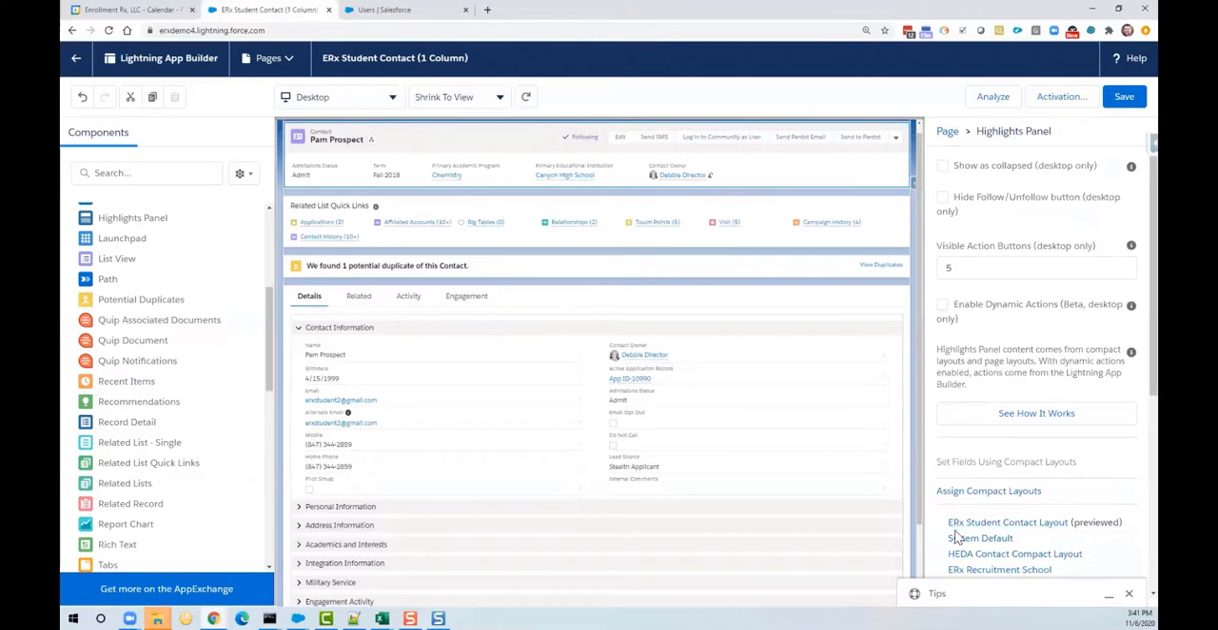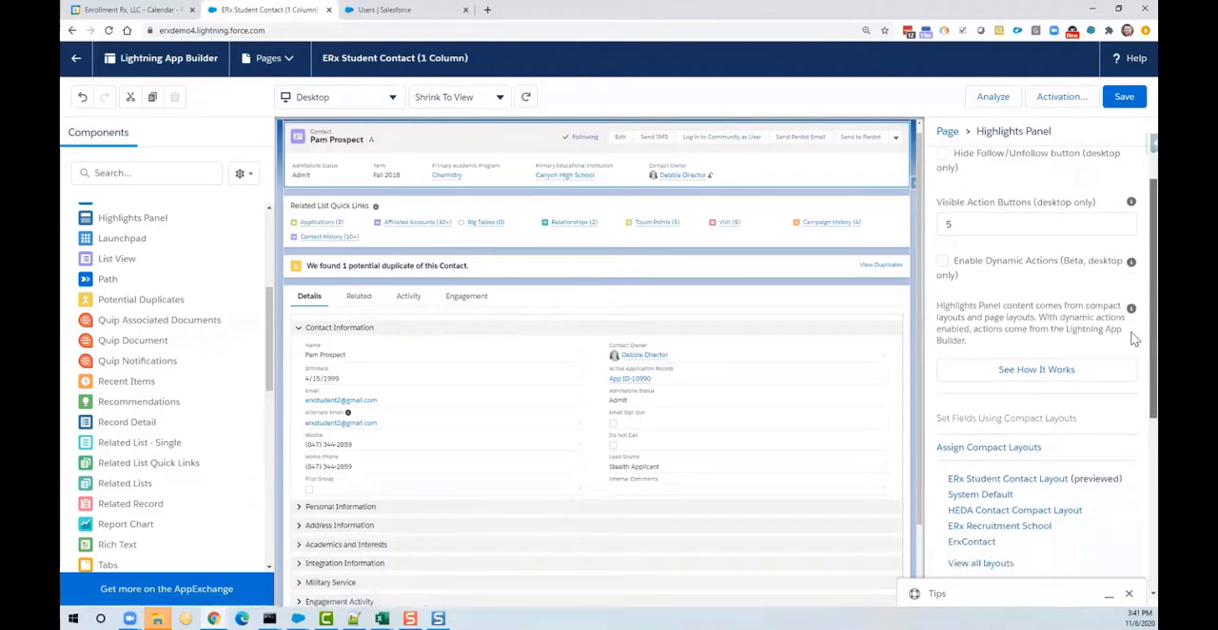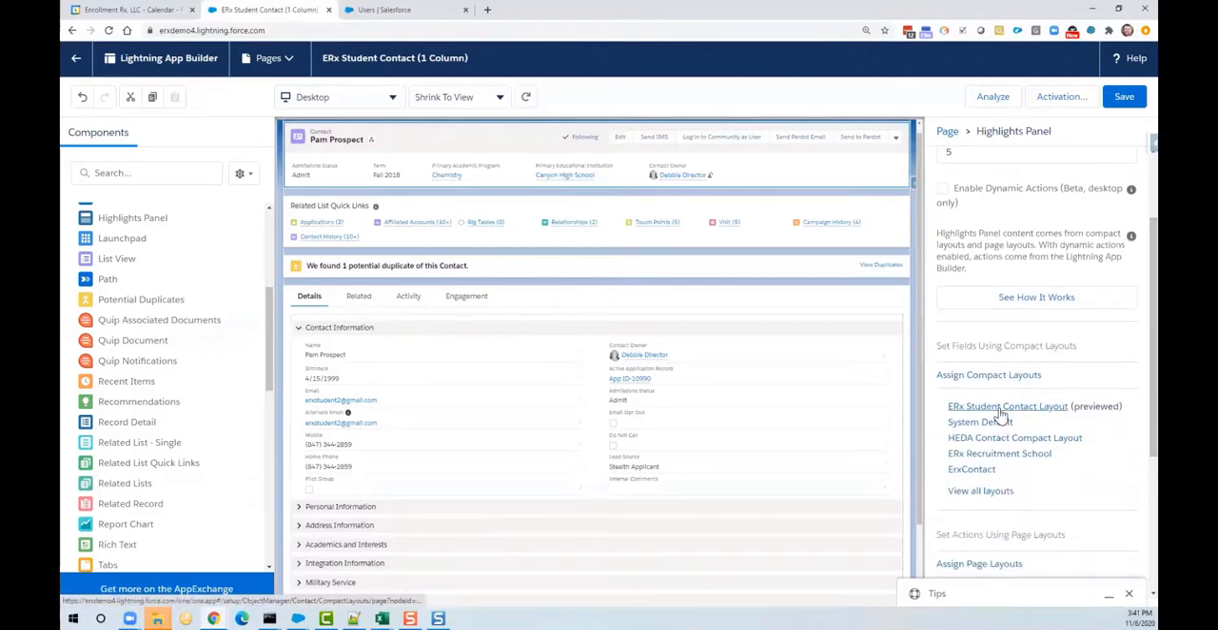And one of those that we can pick is the compact layout, the ERX student contact layout. In this instance, if you wanted to show different fields of information across the top here, the way that would be updated is to navigate to the referenced contact layout, which is called a compact layout. If I were to click on that and navigate to it,